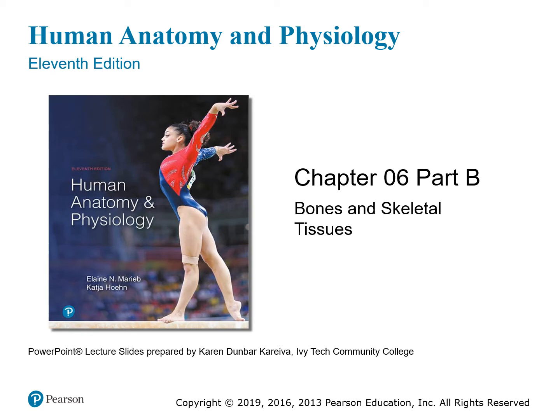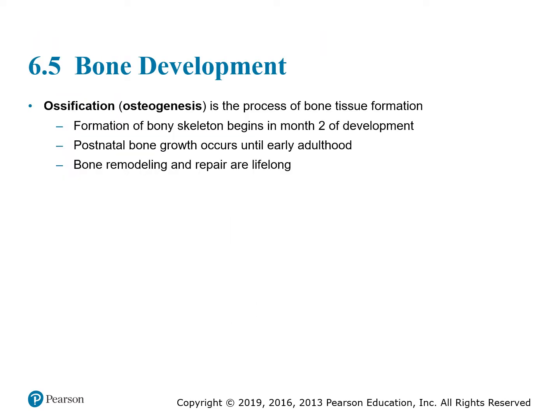So this is chapter 6, bones and skeletal tissues. This is not going to be like lab where we just named bones. Basically what we're going to go through is how bone forms, how bone repairs, and a few types of bone breaks and bone disease. So the first thing to say is that ossification or osteogenesis is the process of bone